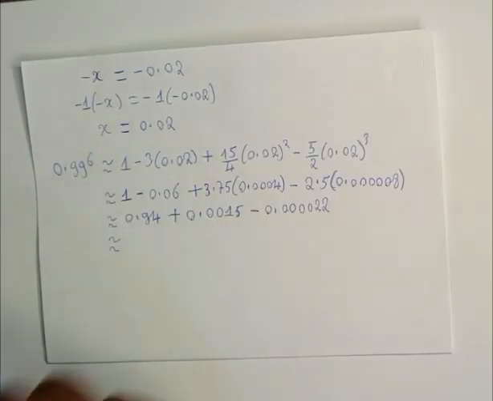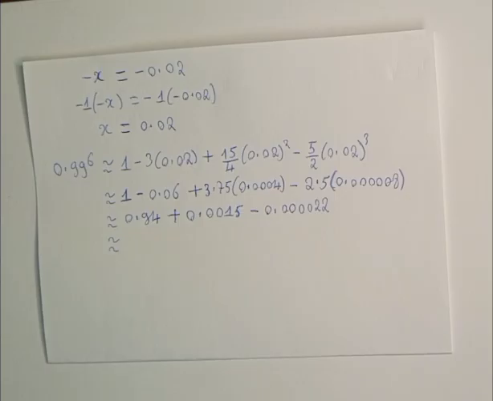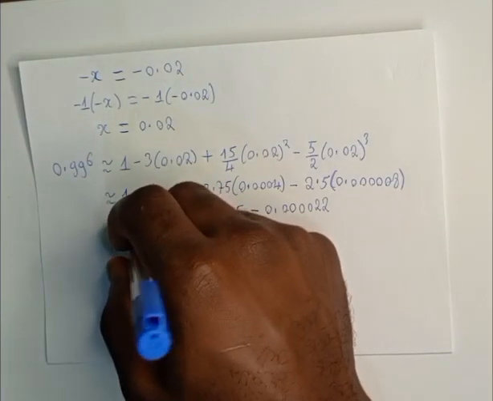And this will simply be approximately, we take 0.94 plus 0.0015 minus 0.00002, it gives us approximately